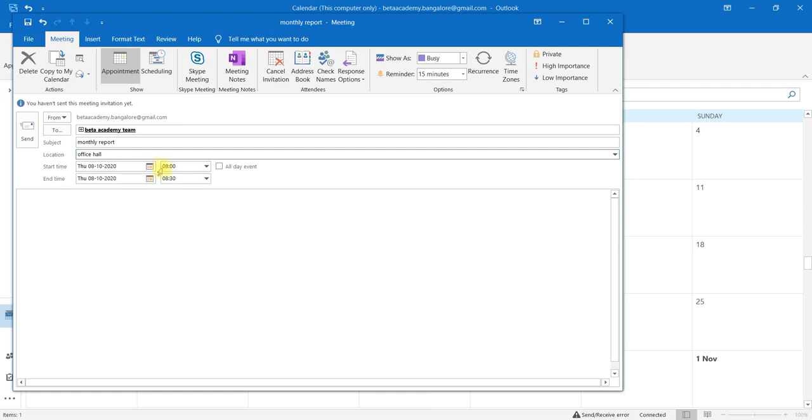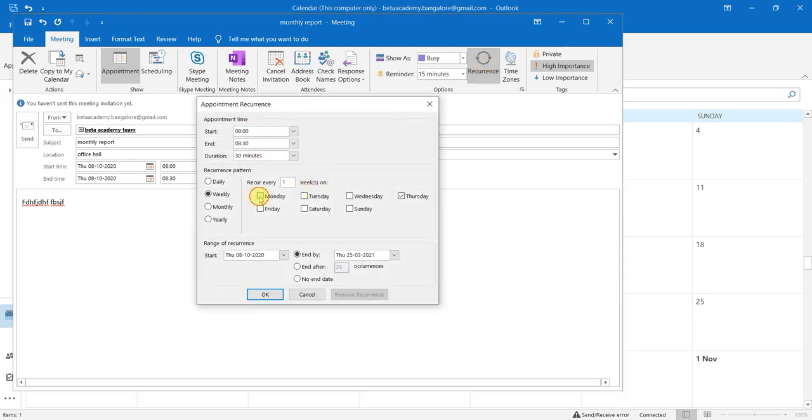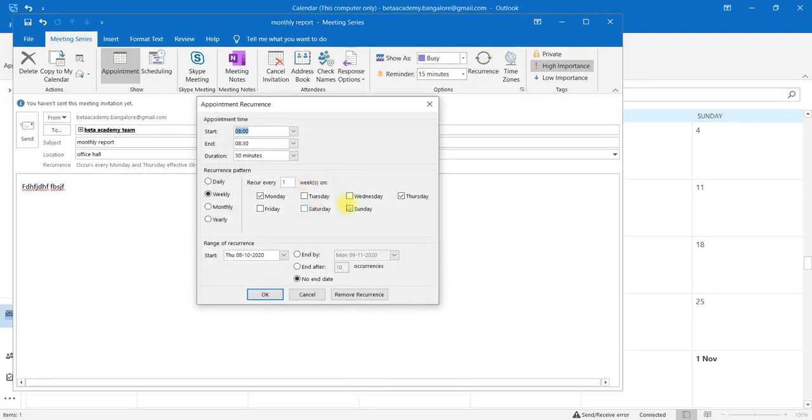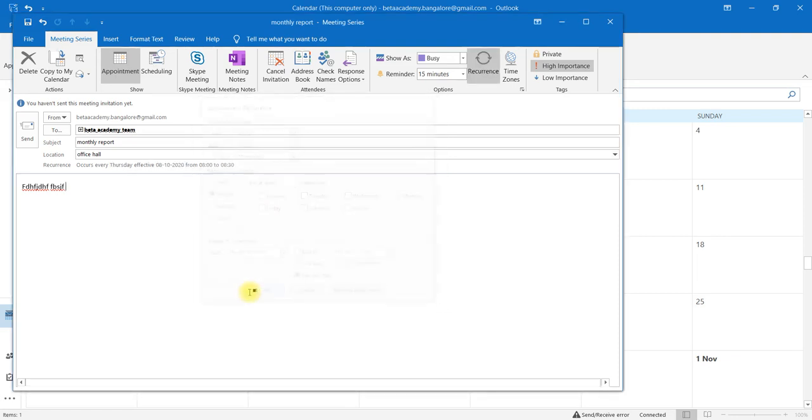Then at what time it is taken. Then we can write the details about the meeting and mark it high importance. And if it is recurring, in the sense every Monday it will repeat this particular meeting, then we can say recurrence every week on Monday. Every week on Monday it will repeat at the same time. Like this it will be selected. It is not Monday here, we have selected Tuesday. Every Tuesday it will repeat that particular meeting.